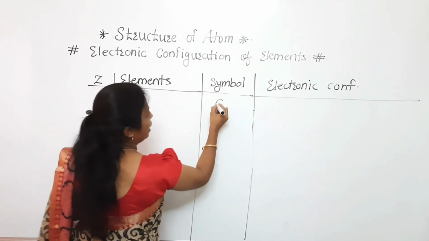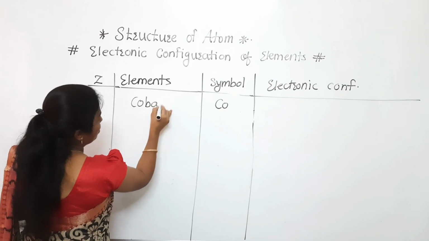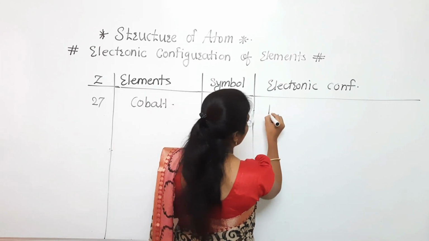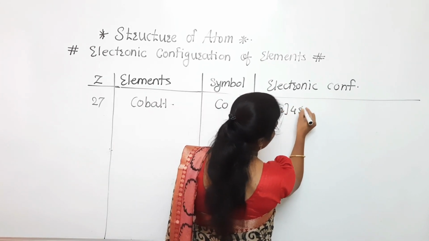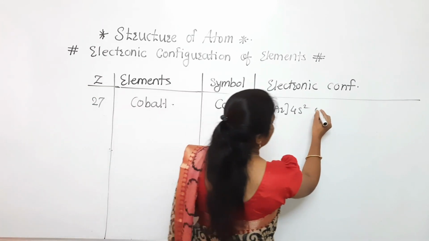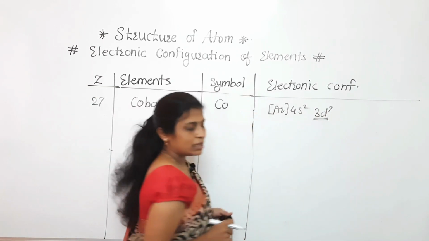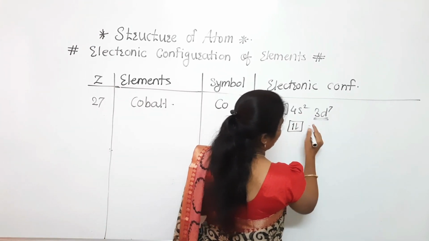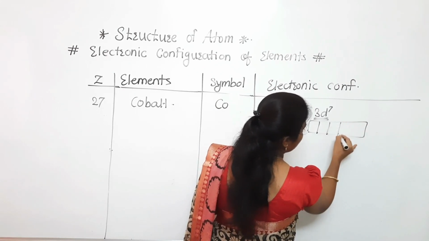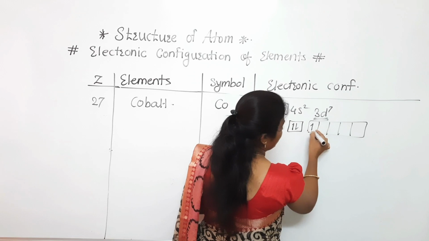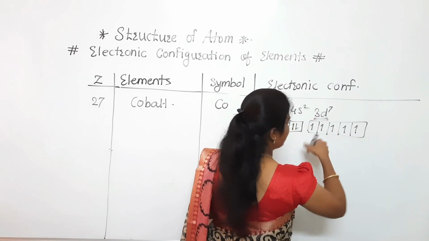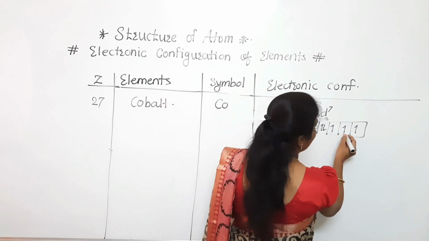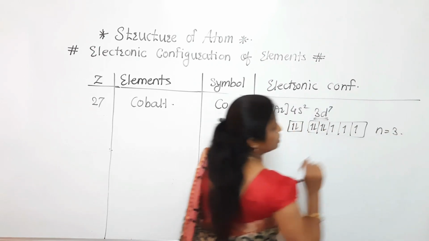Co means cobalt. For cobalt the atomic number is 27. For this one, argon will be as it is, 4s2 will be as it is. How many remain? 7. So 7 electrons will enter the 3d. For 4s, 1 box, 1 orbital, that's why we have drawn 2 electrons. For this one, 1, 2, 3, 4, 5. 7 electrons are there. Each one will carry a single electron, and after that it will start pairing. So 6 completed, 7 completed. So here 1, 2, 3. The number of unpaired electrons is 3.